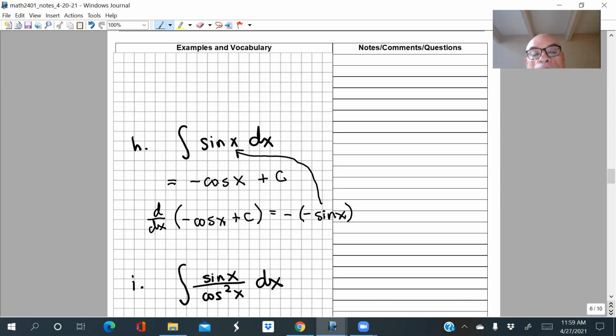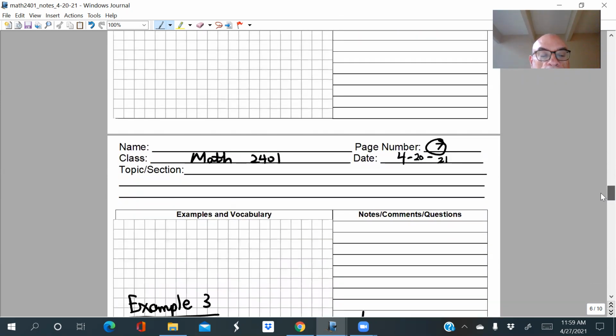So I had to cheat a little bit in my answer and put a minus in front of the cosine. Well, that wasn't too bad, right? I did have to use a little bit of logic there, but not too bad to see that I can fix the cosine just by putting a minus sign in front of it. Let's try one more, and then I'm going to show you an application.